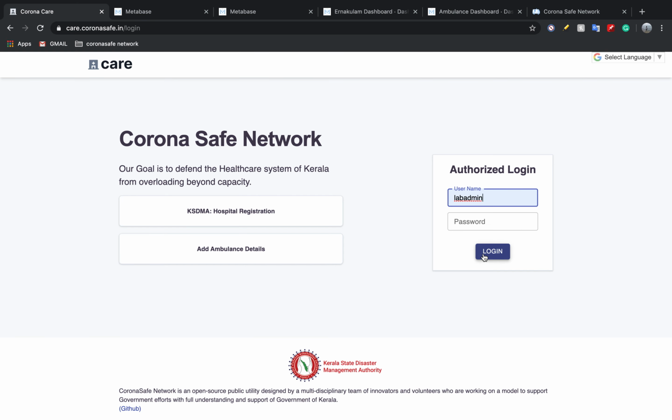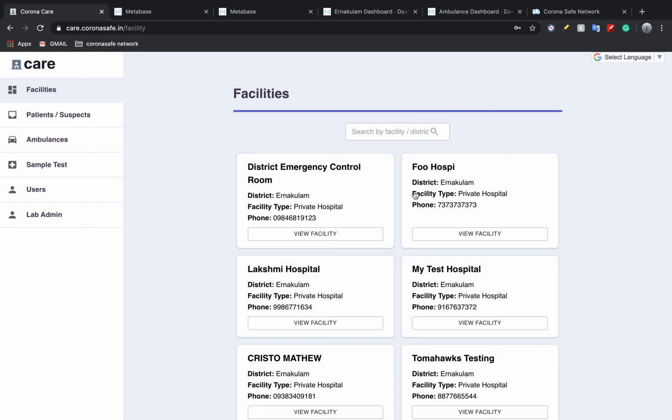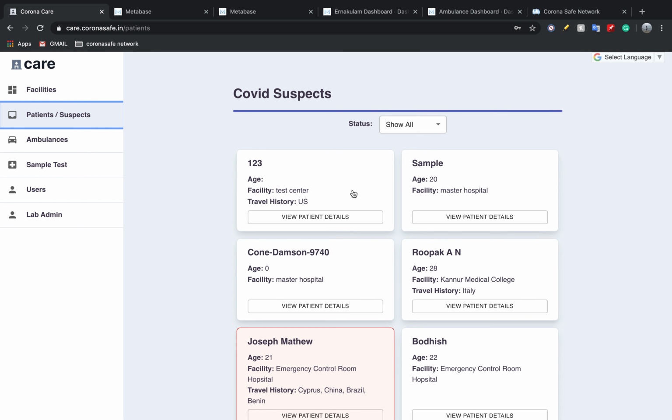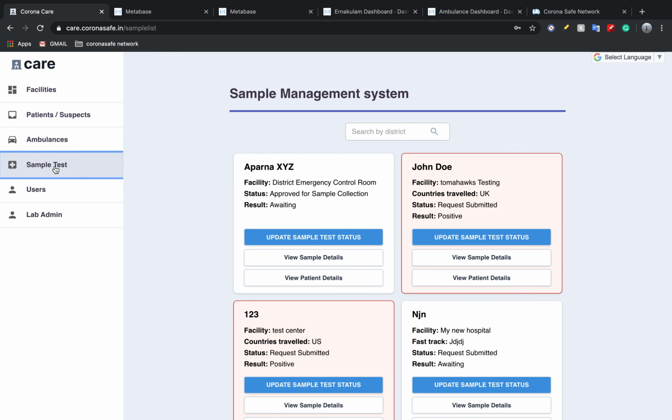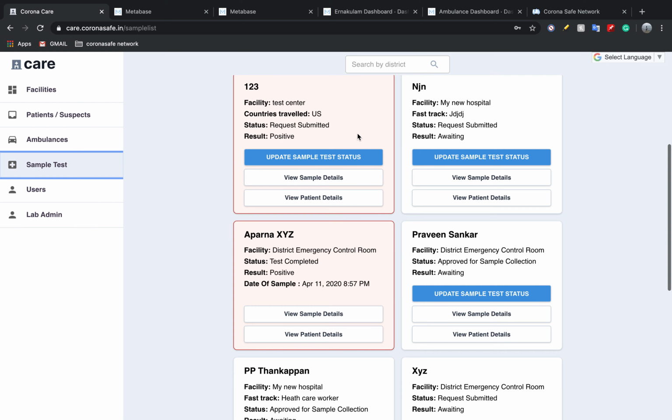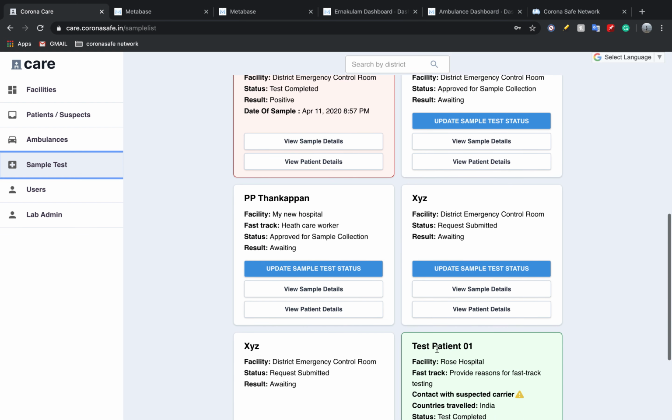Similarly, the lab admins also have another login whereby they can see a list of all facilities, all the patients within the districts, all the tests that have come to them, and here is where the lab can update the test results as well.